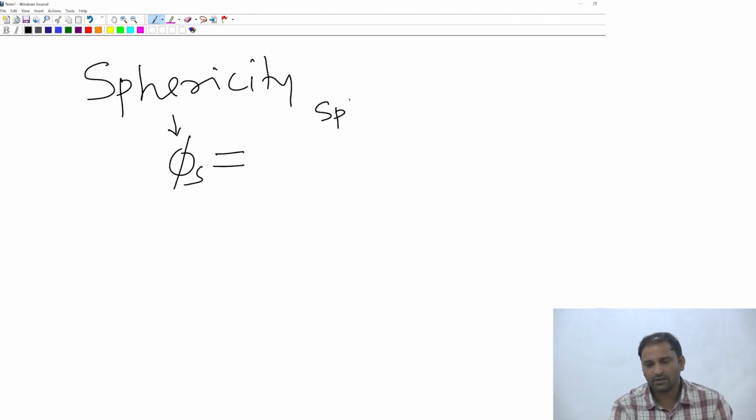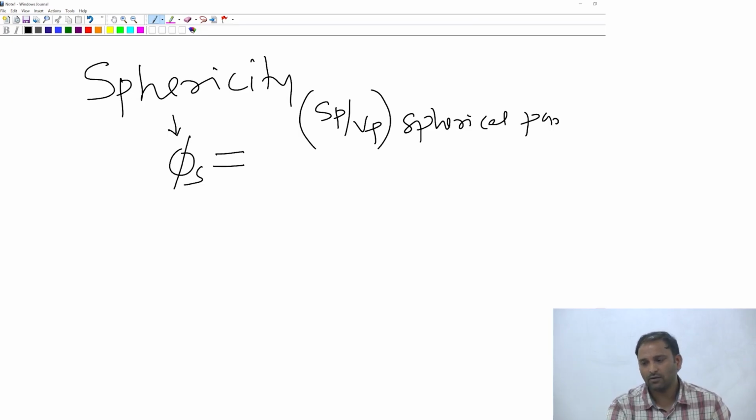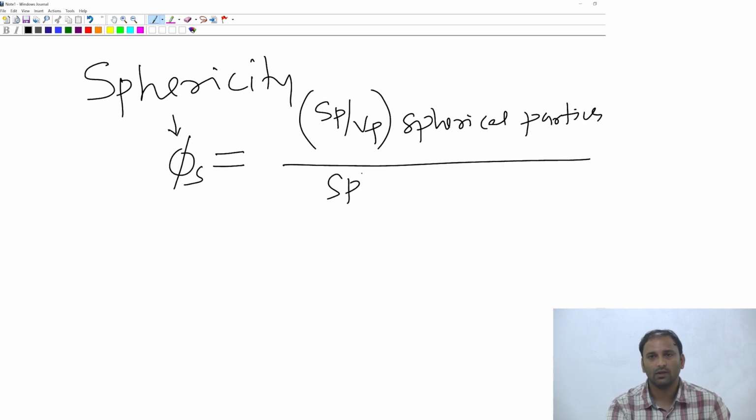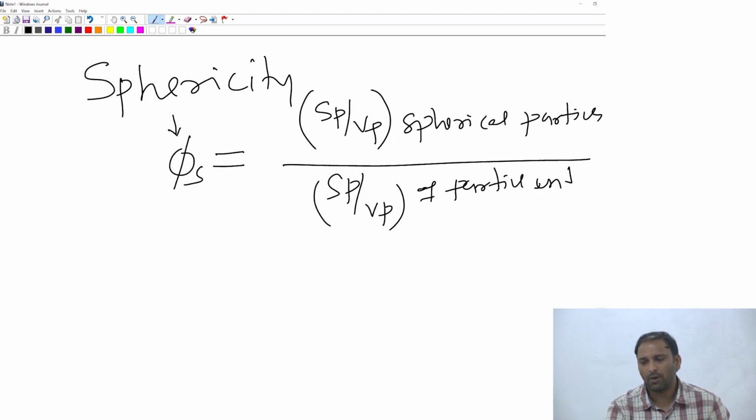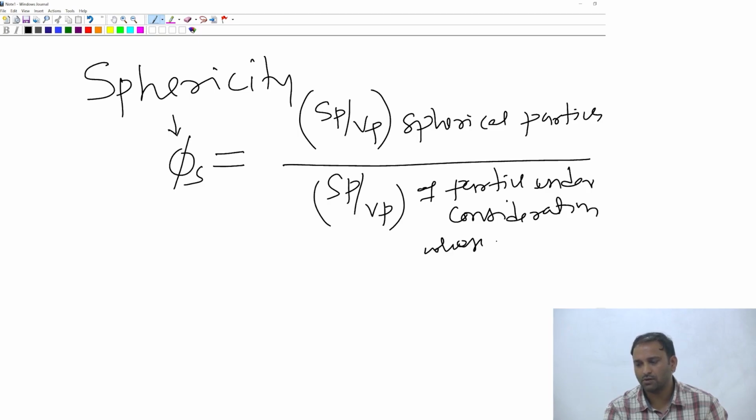It is the surface area to volume, Sp to Vp, of a spherical particle, divided by Sp to Vp of a particle under consideration,